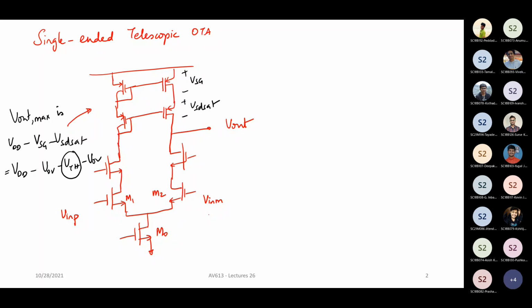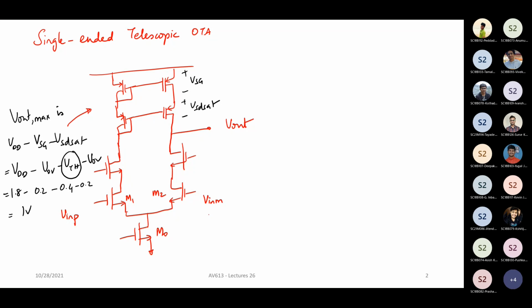So if you substitute some values, let's say this is 1.8 volt, let's say you put 0.2, this is 0.4, this is 0.2, right? And therefore, what is the maximum voltage that you have? Vout max can go only to 1 volt. Now you can also think about what will happen to the bottom side. So which is why this is not used for technology nodes like 180 nanometer. Probably you can get away with it with the 3.3 volt supply or a 5 volt supply, but definitely not for smaller voltages.